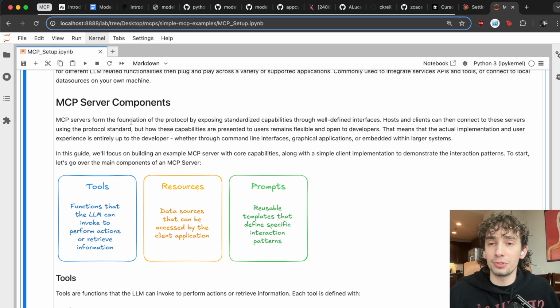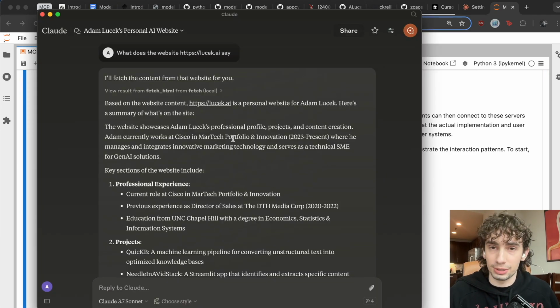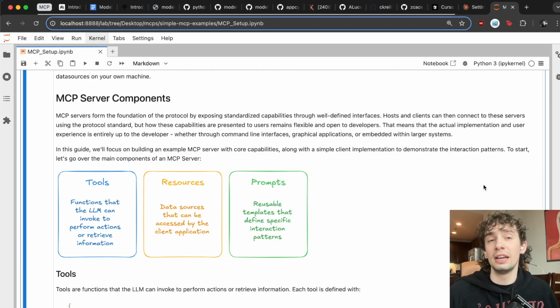The MCP servers can be summed up as the foundation of the protocol that expose and standardize different capabilities through all of its interfaces. So hosts and clients can then connect to all of these servers using this protocol standard, but how these capabilities are presented and actually used to the users remains pretty flexible and open to the developers. That means really that the end application, whether you're using something like Claude or something like Cursor, is up to whoever the developer is,